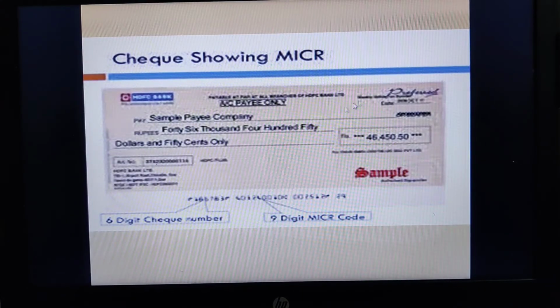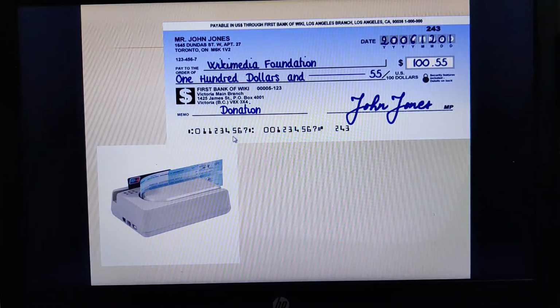You can see here there are some human readable characters printed onto the check. These human readable numbers are printed using a special magnetic ink, and in order to recognize these characters, MICR is used. MICRs are extensively used in banking to recognize these characters. In order to process the checks, these devices are extensively used in the banks. The check can be read using a special input unit which can recognize these magnetic ink characters.